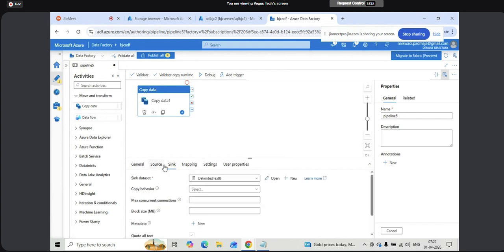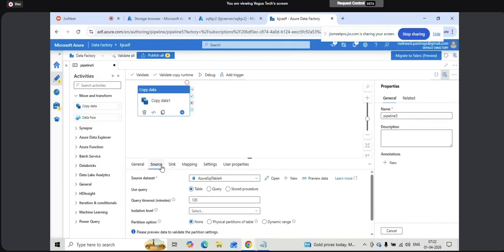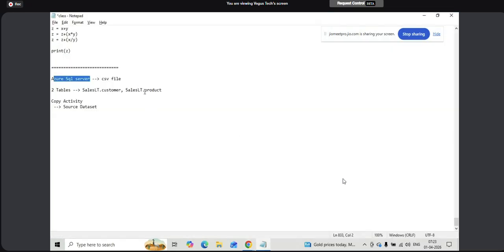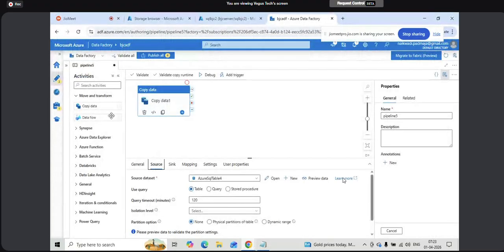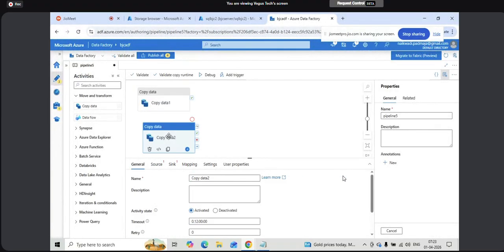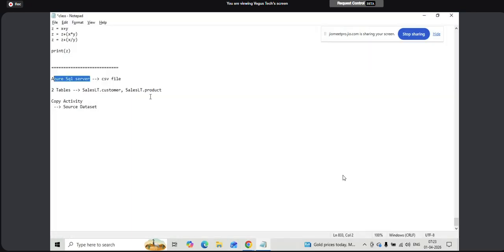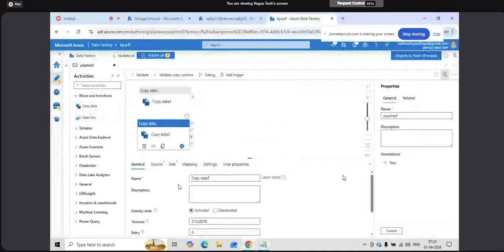So what is happening here? Whatever the source, only one table can be used for each copy activity. So if you want to have one more table, what are you going to do? Sales product. In the same pipeline, you use one more activity, right? So in this activity, you will be using product. Similarly, you will be creating one data set for product for this copy data activity, and again you will choose a data set. So if you have 100 tables,